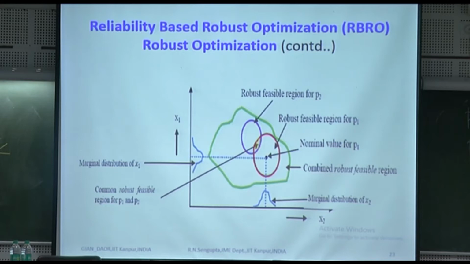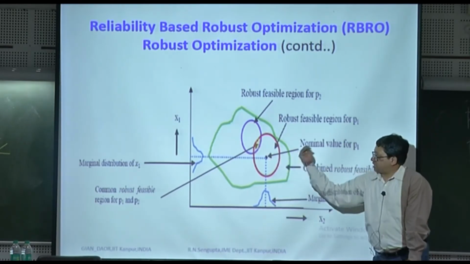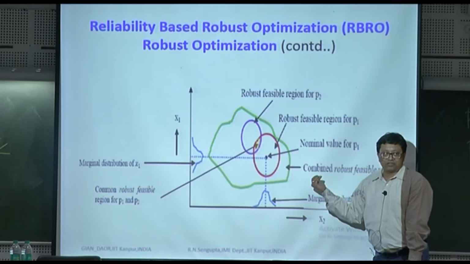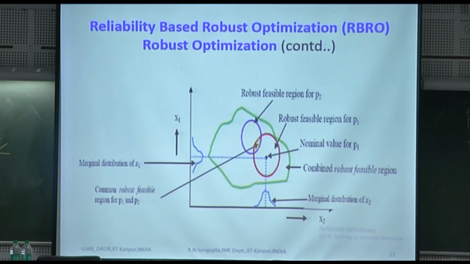violet and the red one, I have drawn them purposefully as a circle to make our life simple, but technically they would not be a circle because the underlying distributions by themselves are not normal. So obviously you will have a non-normal distribution in place of the red circle, because if you project this, the marginal distributions are not normal. Similarly, if you project the other blue point, that is not normal. So the overall space when they combine would be something like the diagram which I have already shown in the reliability sense.